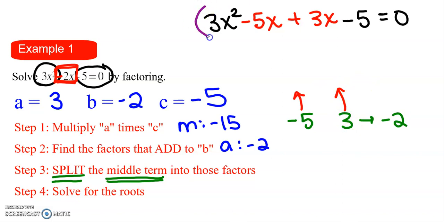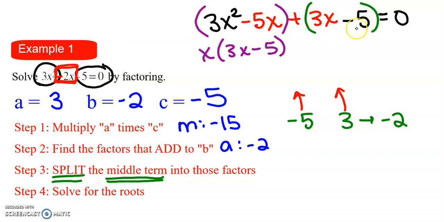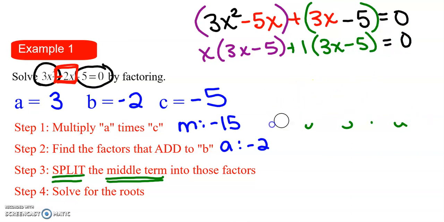Now I'm going to factor. This time when I factor, I'm going to group and look for a GCF. So out of this purple set, hopefully you notice that they both have an x. So I'm going to take an x out. I'd be left with a 3x minus 5. Out of this green set, all they share is a 1. That's it. And I'm left with a 3x minus 5. That's the only thing they have in common is a 1. That's not that interesting. Okay, so now what I want you to look at in this blue set, and we'll go yellow, even though yellow is not the best color. The blue and the yellow, what they have in common is a 3x